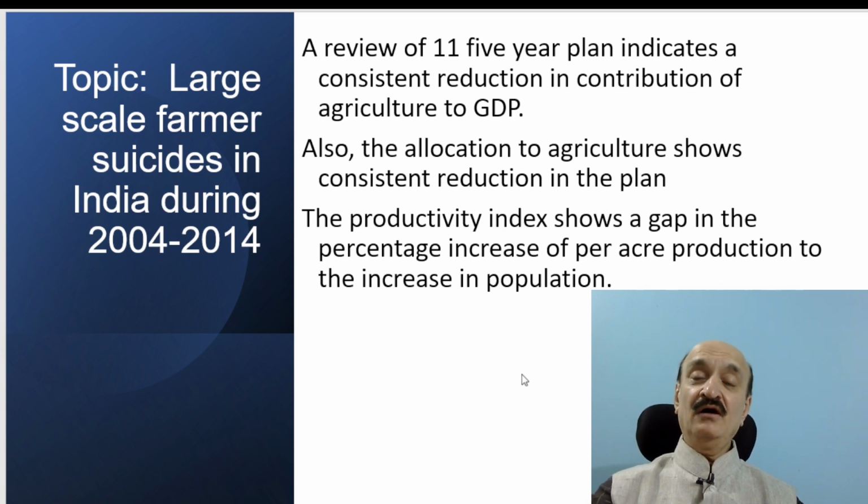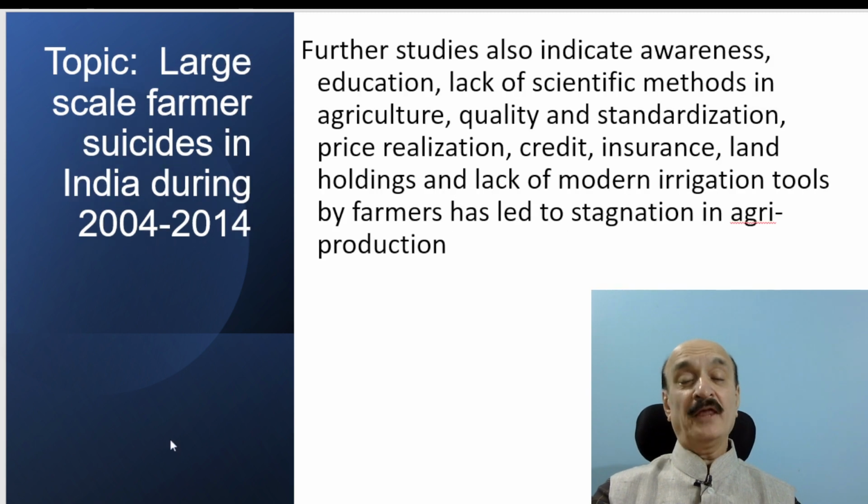That means the rate at which the population is increasing, the agricultural growth is not matching with that. Okay. Further studies also indicated, again through exploratory research, that awareness, education, lack of scientific methods in agriculture,